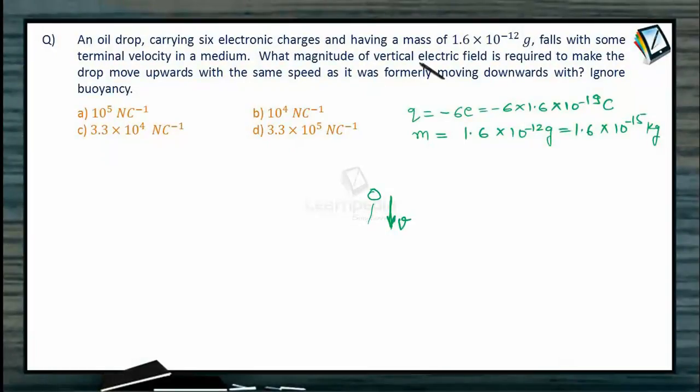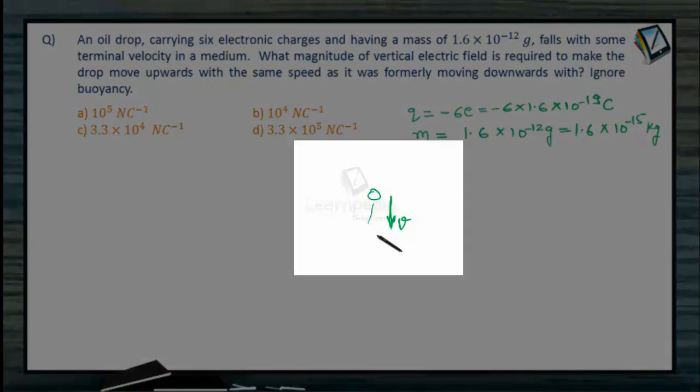What magnitude of vertical electric field is required to make the drop move upwards with the same speed as it was formerly moving downwards with? Ignore buoyant force. So we have to ignore the buoyant force. That means we have to consider only the force of viscosity of the medium, because in case of terminal velocity,